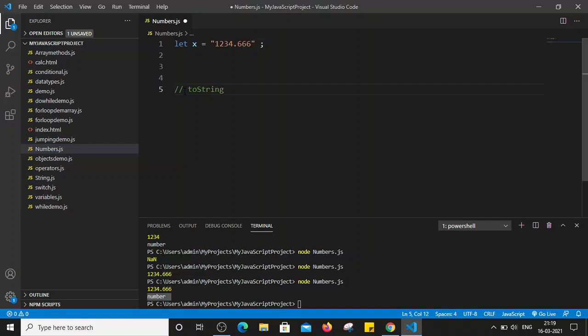the toString method. So the toString method is used to return the string format of a number. For example, now let's say I have defined one variable, let x is equal to, let's say, 2000. So my x variable contains the numeric value of 2000. And let's check the type of it using console.log